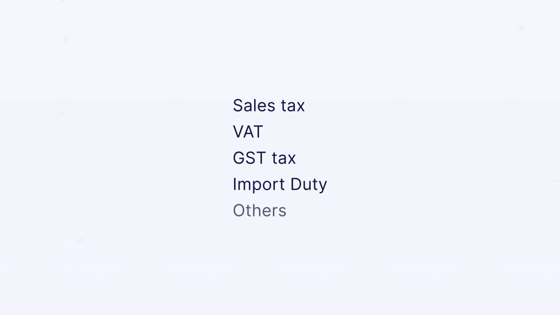The last part of global logistics, and I touched on it just then, is taxes. Unfortunately, the inevitable. You're always going to have to pay taxes, and different taxes at that, depending on the countries you're sending your items to. Taxes include things like sales tax, so that's not related to shipping. VAT, this is related to shipping because VAT is also calculated on the shipping price. Then we've got GST tax, goods and services, import duty, and then there are numerous other ones. Often a fulfillment provider will actually take care of these taxes, so that can help again smoothen the process for you.